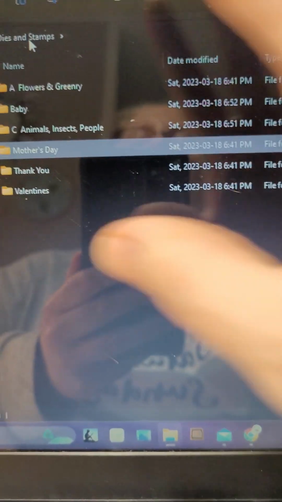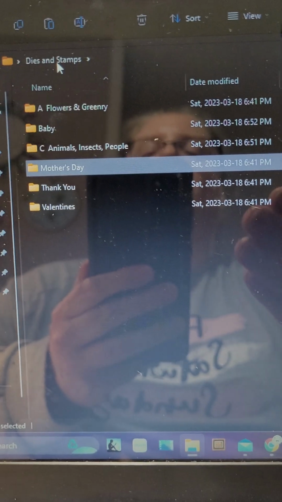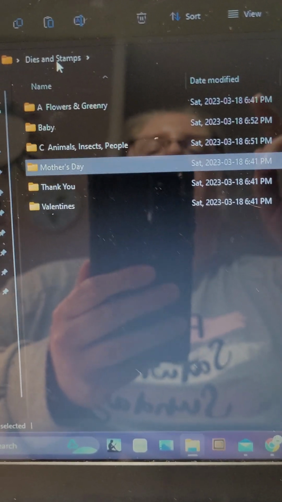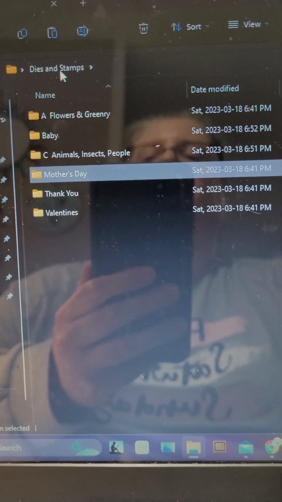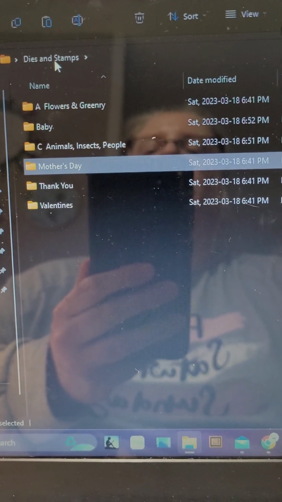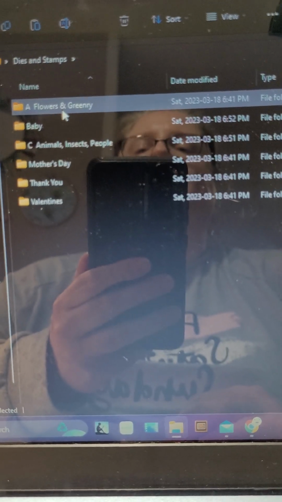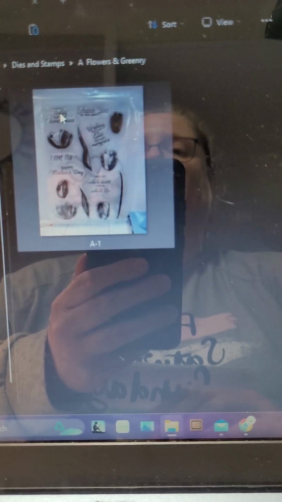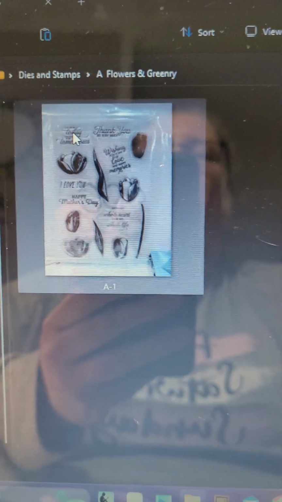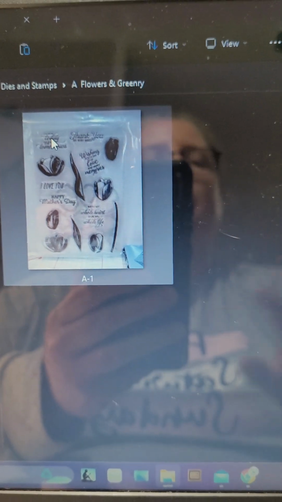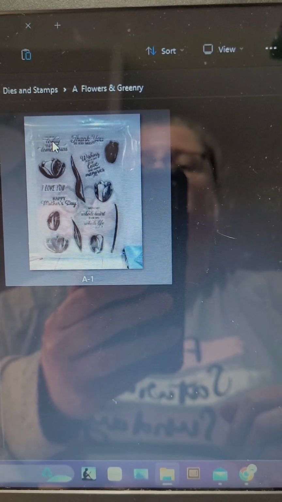So when this is all said and done, I should be able to go to Mother's Day if I want to and pinpoint under what letter that particular stamp or die is under. Plus, I'll have all my main things. So if I just want to see what's in my flowers without flipping through them manually, then I will be able to bring this file up and flip through them electronically